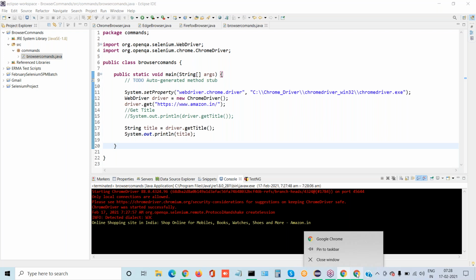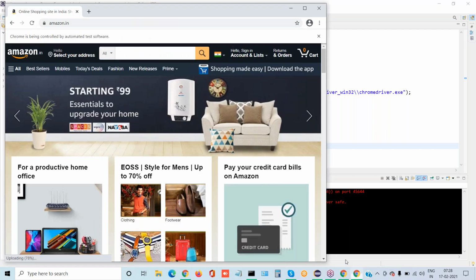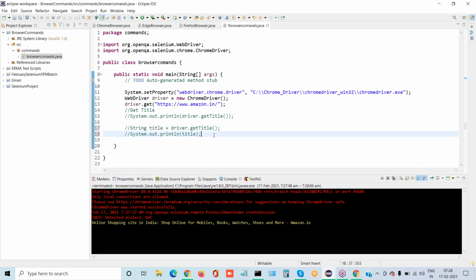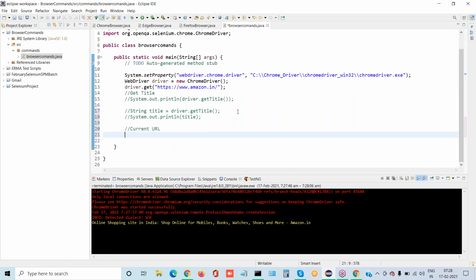Now the next command. Can you put a comment and write the next command: current URL. What is the current URL? I want to check what current URL I'm using, like https://www.amazon.in, so that I want to print.